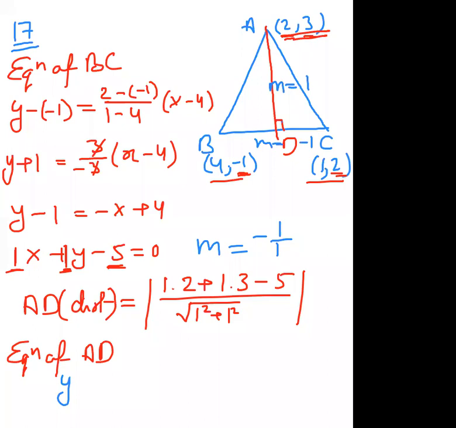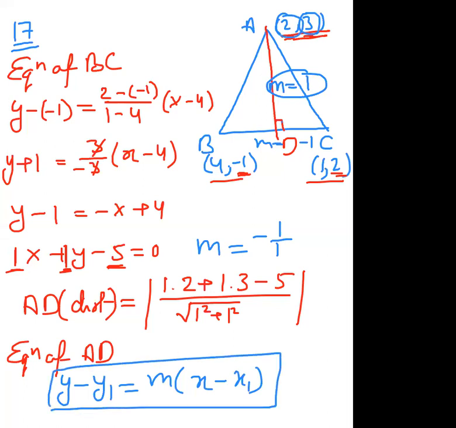Now the equation we need to apply: y minus y1 equals m, m is this, times x minus x1. x1 is 2. Because we are given a point and the slope, we apply the point-slope form, and with that we will be able to calculate the equation of AD. We are able to find the distance AD as well as the equation of AD. These two things were required, so it's a very good question and easy also. So I suppose you will be able to do this question also.